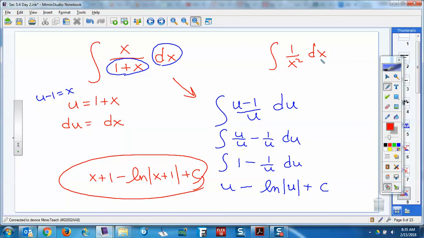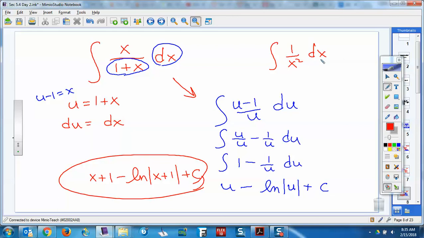Only x to the first on the bottom is going to be a natural log. Only a 1 over u. Not a 1 over u squared, not a 1 over u cubed, not a 1 over u to the 1/2. Those are all power rule. Only 1 over u to the first. Why? Because u to the negative 1, if you raise the power up 1, that's 0 divided by,